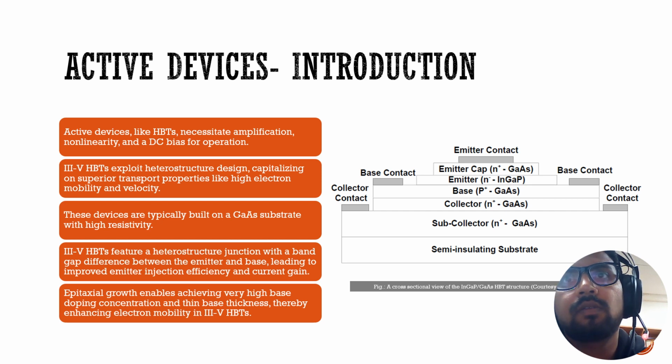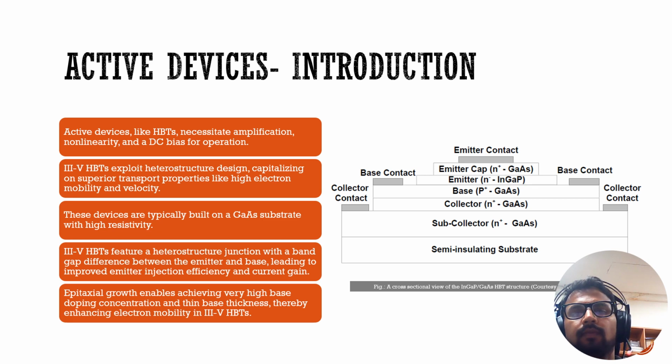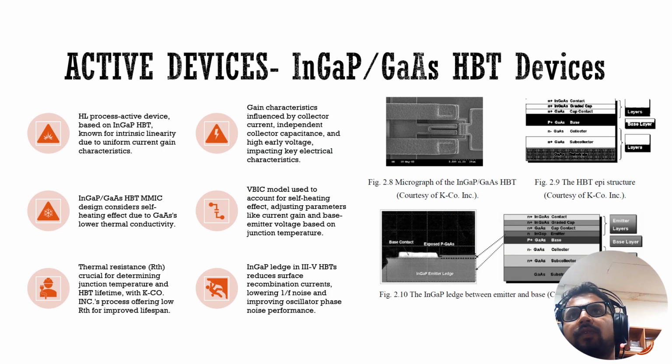Epitaxial growth enables achieving very high base doping concentration and thin film base thickness, thereby enhancing the electron mobility in SBTs, where the figure representation is given. So in the active devices, we also have indium gallium phosphide and gallium arsenide SBT devices. So there are different images represented, which show the micrograph of the particular SBT, the SBT epi structure, and the layers between emitter